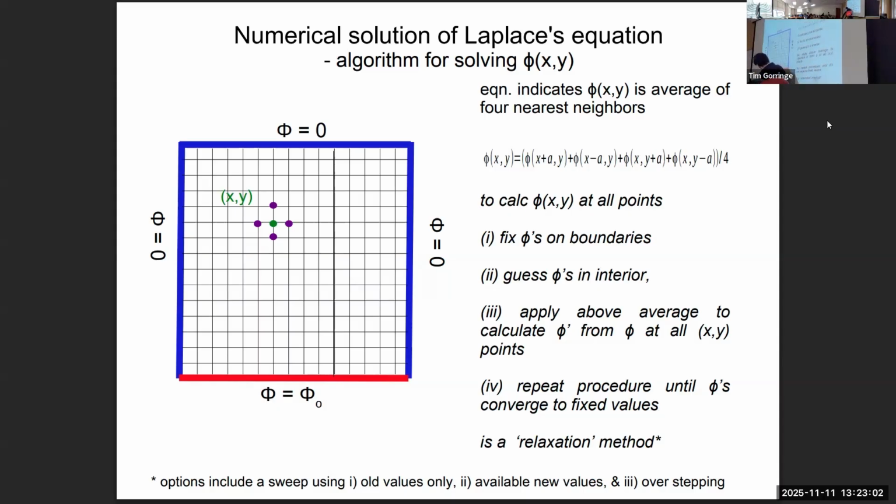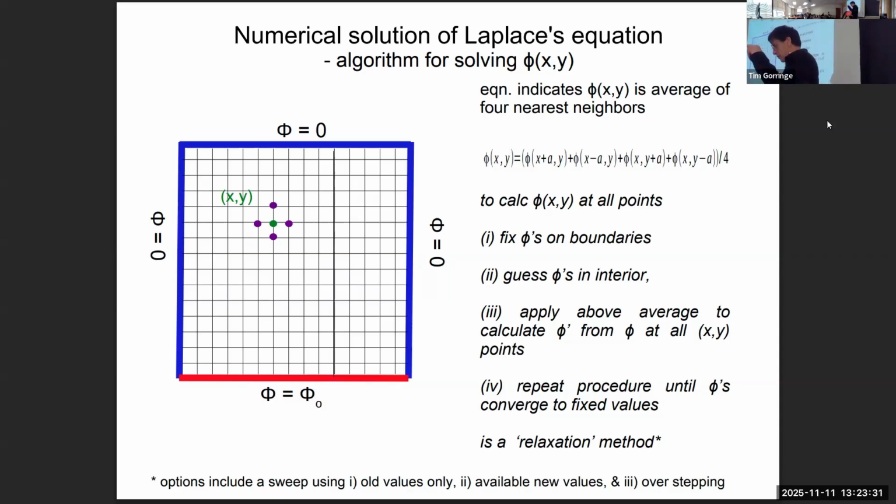The mesh points will be points both on the boundaries, so there'll be a mesh point here, and a mesh point down here, and inside the boundaries. So it's that size of array. It includes the boundaries within the array. So we're going to have an array of that size, and to begin with,